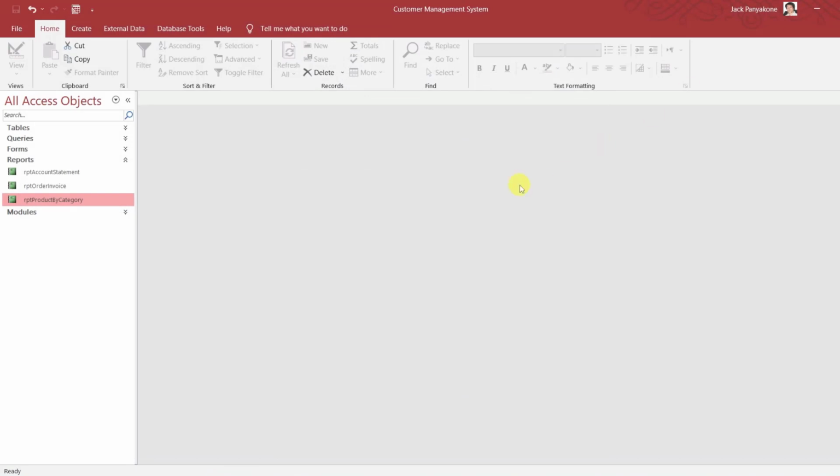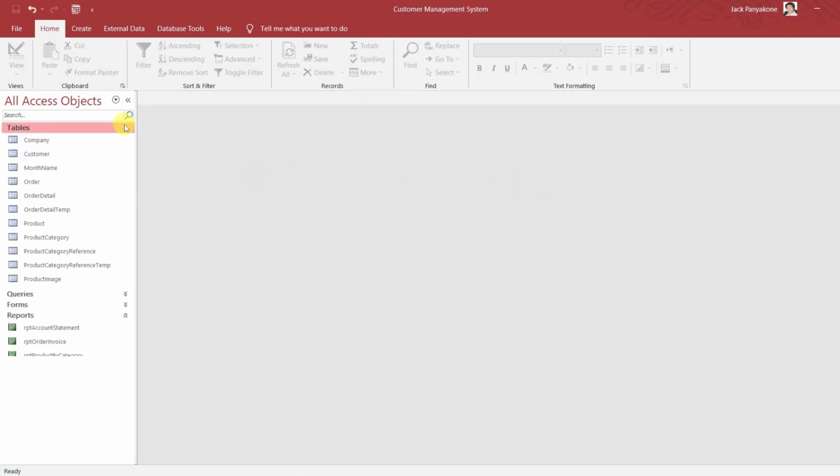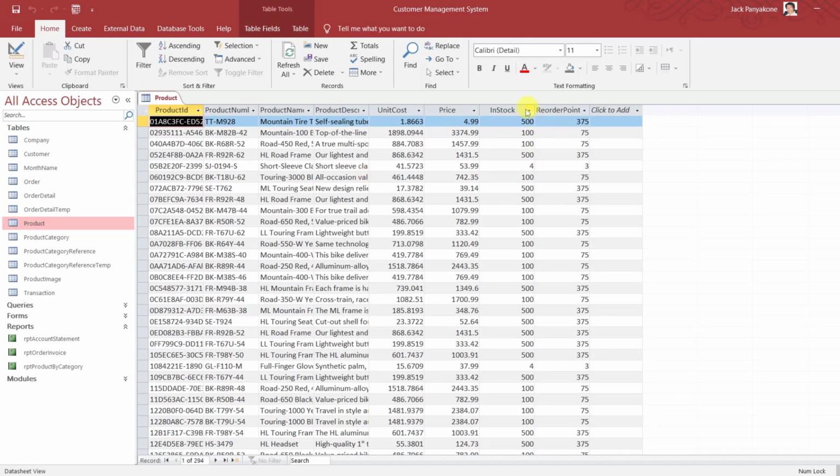Now I'm going to show you a trick. Let's go to the table products. We are going to modify some of these guys, but before I do that,